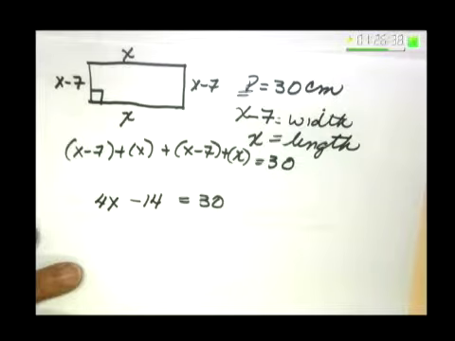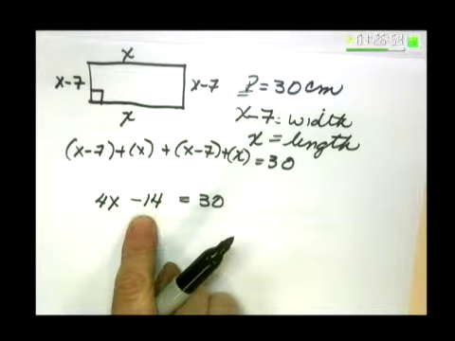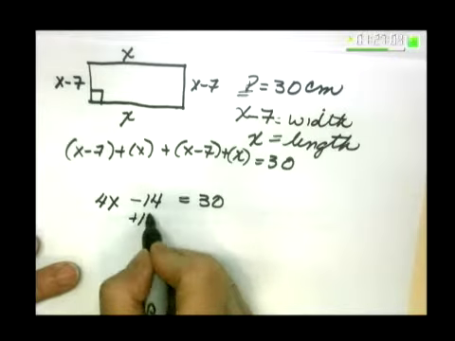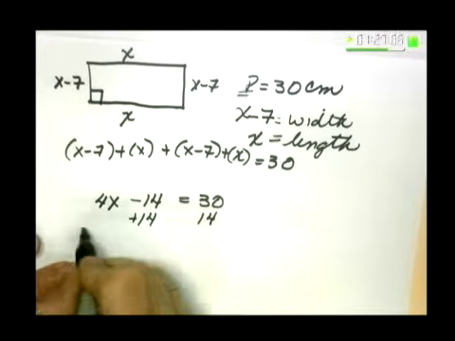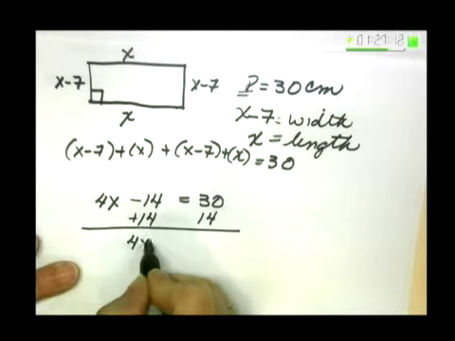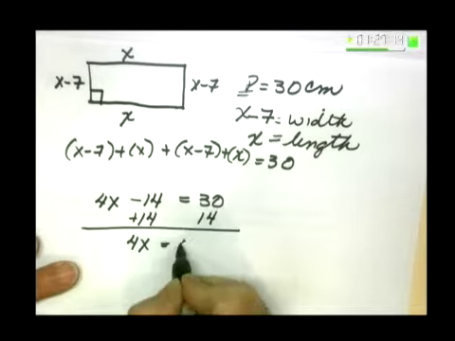And so I've taken a whole series of words and translated them into math symbols. And now I have an equation that I need to solve. And this equation says 4x minus 14 is equal to 30. Well, in my equation, I want to do the opposite of subtracting 14. I always work the opposite of adding and subtracting first, and the inverse operation of subtract 14 is add 14 to both sides. Negative 14 plus 14 is 0, so I get 4x is equal to